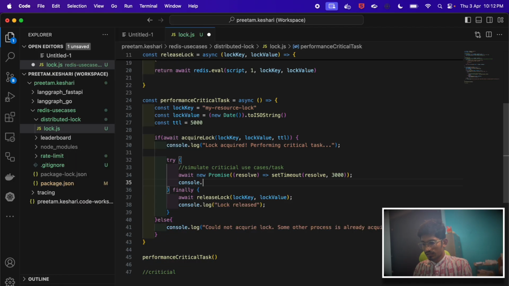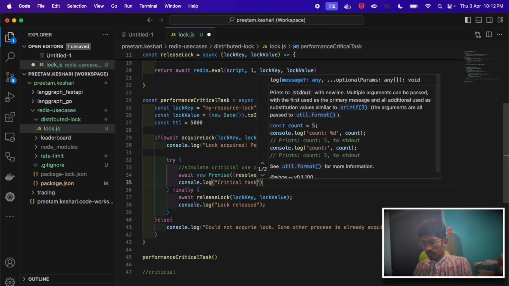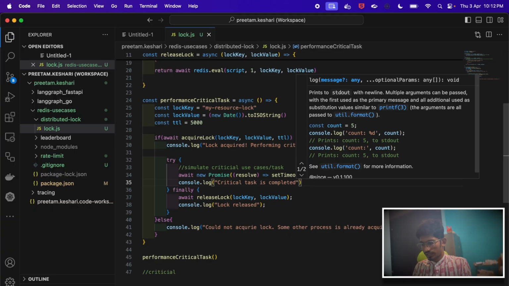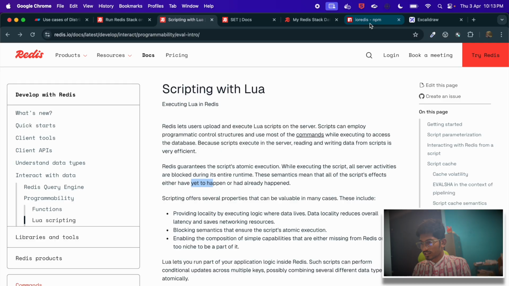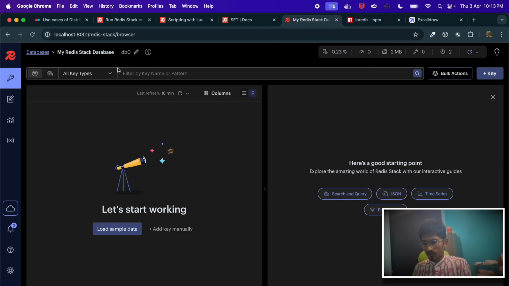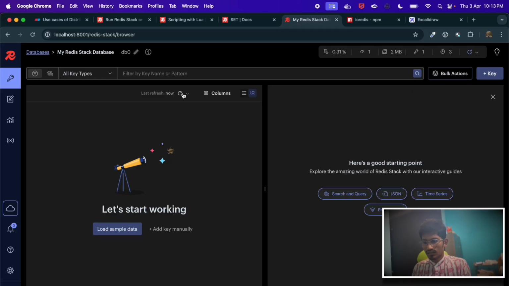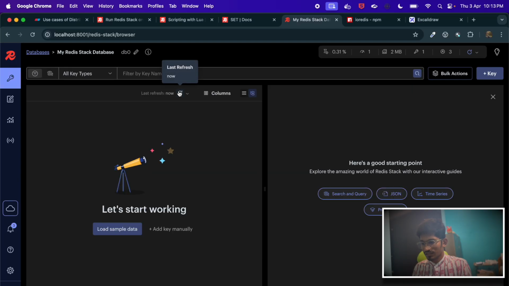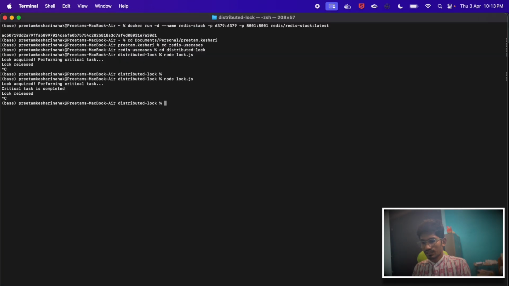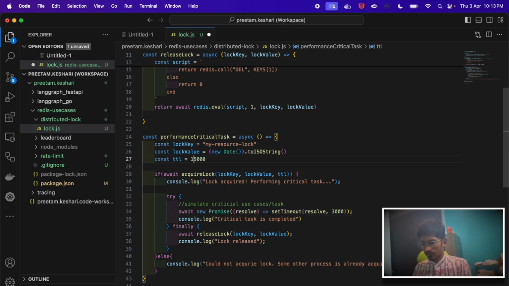Here I can print that the critical task is completed. Now if I just run it, and by the time I'll just open this so that you can see the lock being acquired. Yeah, the lock has been acquired. See, the life of this lock is it's gone after 5 seconds, right? If I just increase the life of the lock to, let's say, maybe 15 seconds, you'll be able to see